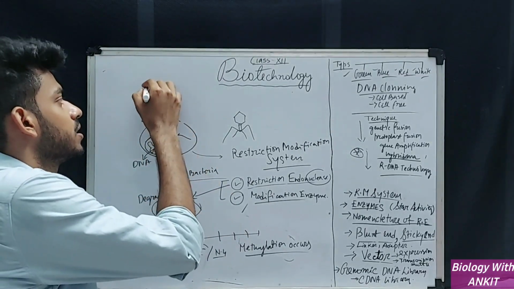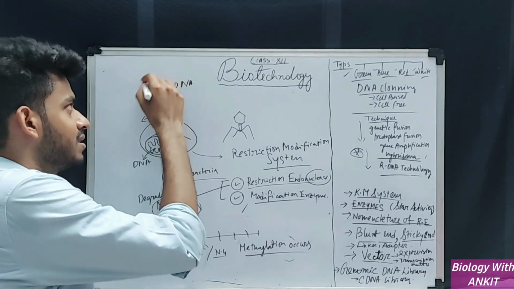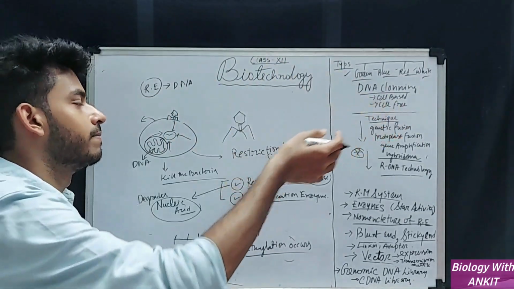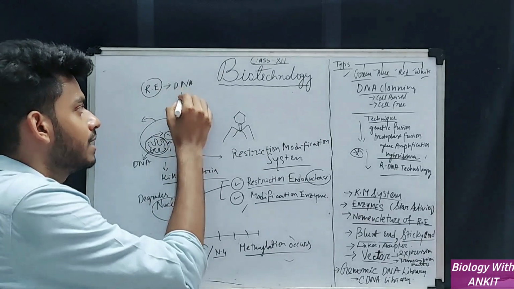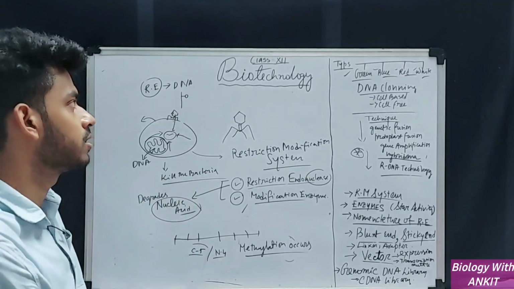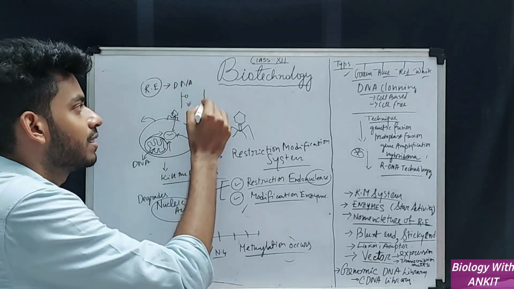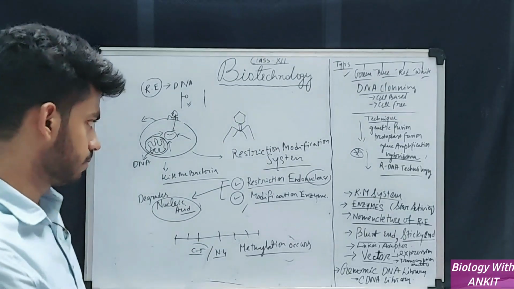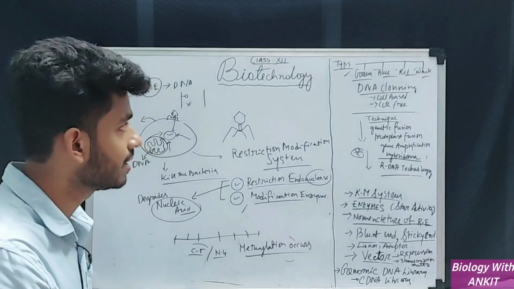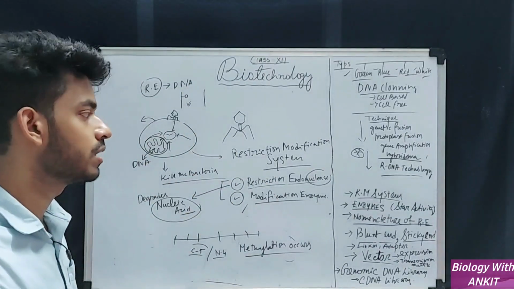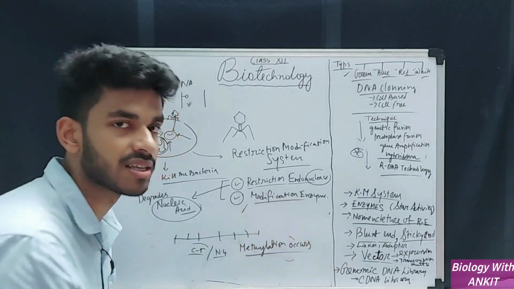Okay, so when the restriction endonuclease is going to kill a DNA, as it has no eyes, it cannot differentiate between viral DNA and self DNA. So when it finds that a DNA is methylated at certain positions, it leaves the DNA, meaning it does not kill it. It kills the other DNA that has no modification. As the bacteria modifies its own DNA to protect it from the restriction endonuclease, the system is called the modification system, and the enzyme responsible is called the modification enzyme.